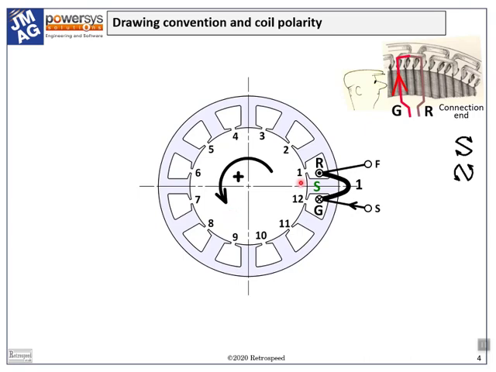The slots are numbered on the inside of the stator bore, going anti-clockwise from 1 to 12. Note that we have a tooth on the horizontal axis, so the axis of coil 1 is on the horizontal axis at 0 degrees. That's quite an important concept which we will use several times again.